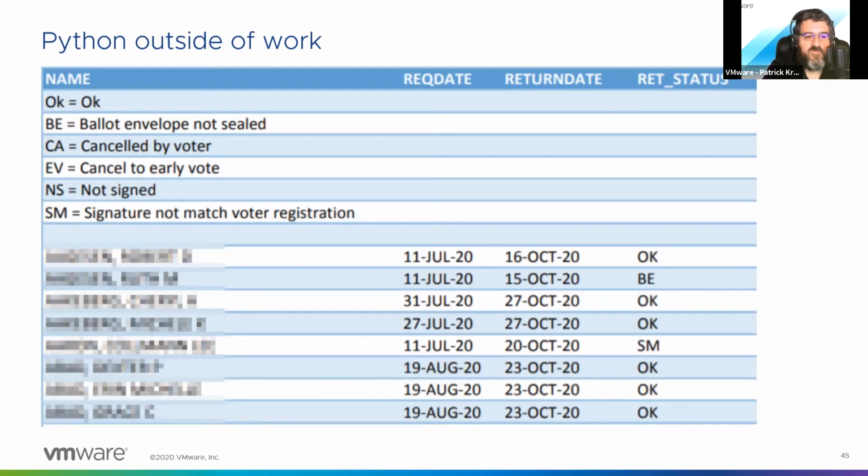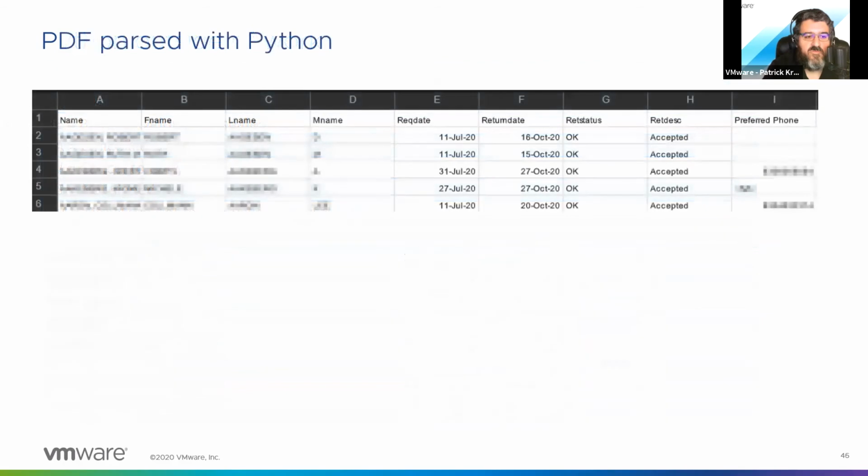But what political parties do during an election is something called a ballot chase. You call voters who have had ballots rejected, and make sure that they actually fix their ballot, right? To make sure that the vote that they already cast actually gets counted. And the clerk publishes this in a PDF, which is like an utterly worthless data source. What am I supposed to do with a 450-page PDF? You can't really call on that. You can't analyze the data. You could have people manually wade through it, but that's not an efficient way to distribute work. And you can't copy paste it out of this file because there's no field delimiters. So the data is effectively locked away.